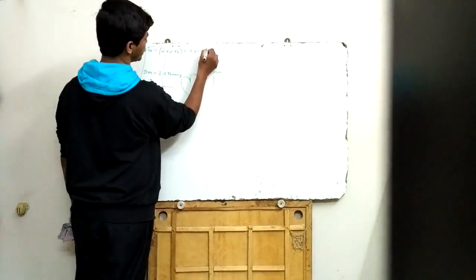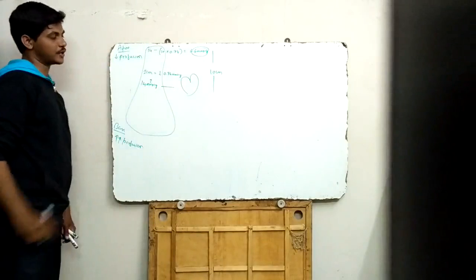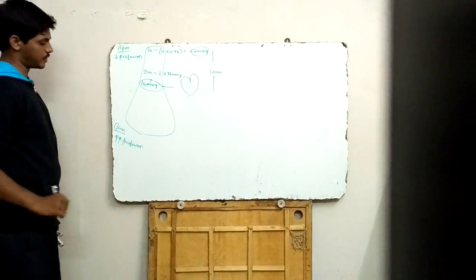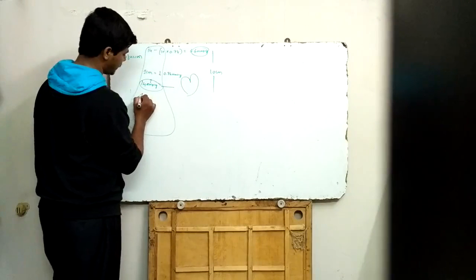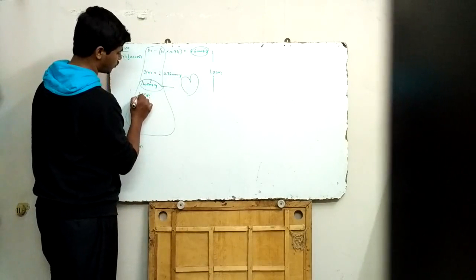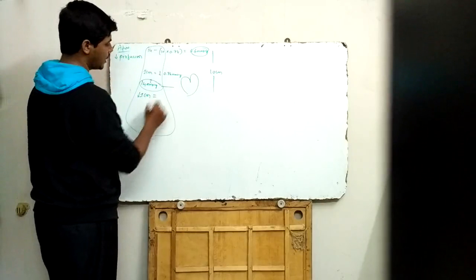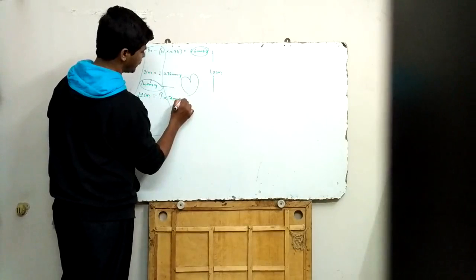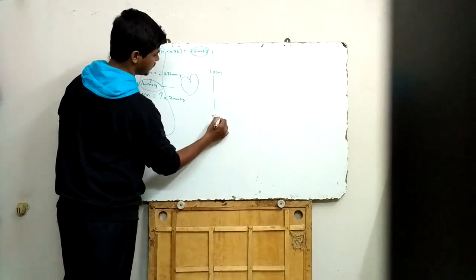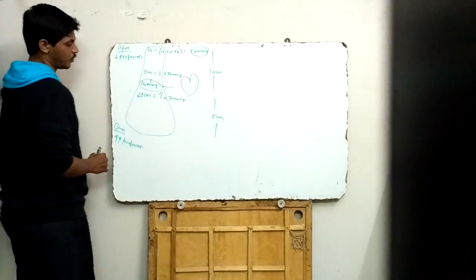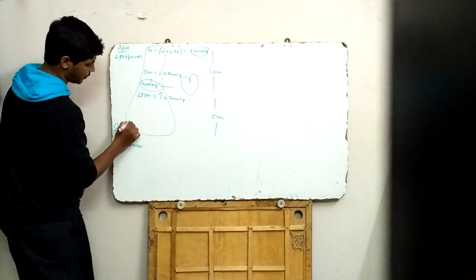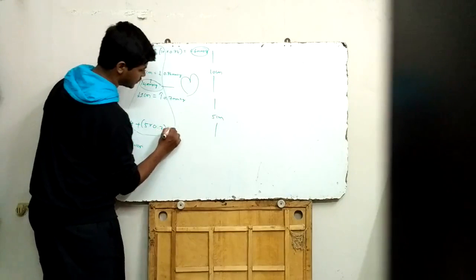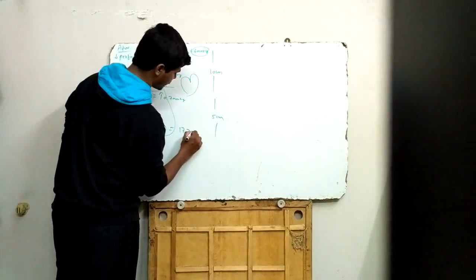So the pulmonary arterial pressure at the apex of the lung will be 6.6 mmHg. At the middle, it will be 14 mmHg. And at the base, similarly, for every 1 centimeter below you go, the pressure increases by 0.7 mmHg. And the base is located 5 centimeters below the level of the heart. So at the base, the pressure will be 14 plus 5 into 0.7, which is nearly 17.7 mmHg.